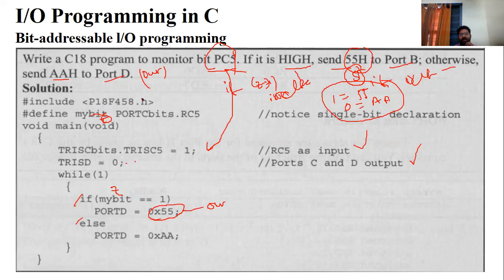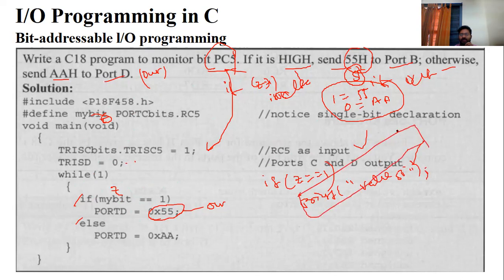Simple case. In C language, if Z equal to 1, printf the value 55. Simply you can write the program in C language. The same C language you are using in the C18 program, where we simply assign the value. Port D, you assign the value of 55. See this, 55, very simple. Else: with if else, only two conditions are there. If three conditions are there, then in that case we use else if. Here we are giving only two conditions, so if else is there. Else, how much value are you sending? AA value. A very simple program.